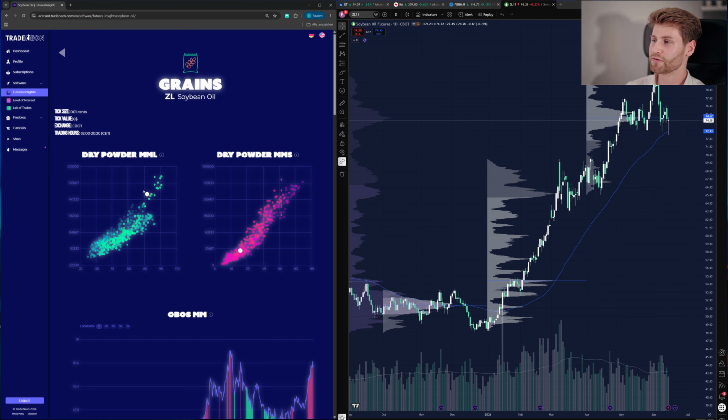Obviously, this would be even more extreme if, for example, the current positioning would be at its absolute most extreme positioning ever, because in that case, we would simply have to ask ourselves if basically all of the institutions are already long engaged, which institution is supposed to build even more